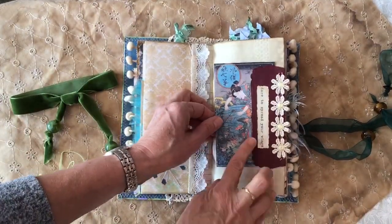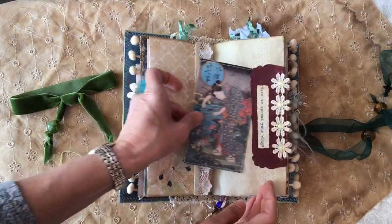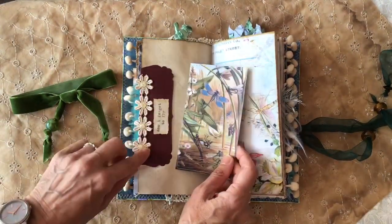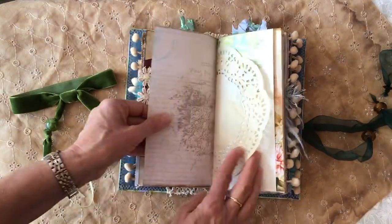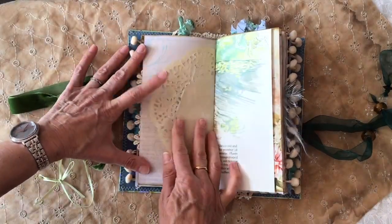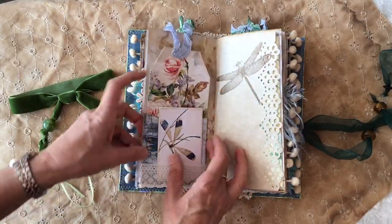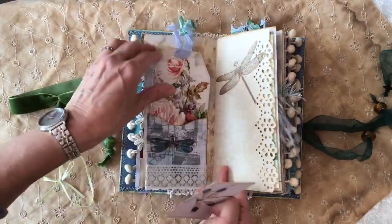There's a little tuck spot there, and it says dare to spread your wings. And again, that's one of Mrs Cog's images. Again, the daisies. And that one as well. And that says don't forget to fly. With a book page there. And one of the little pockets here